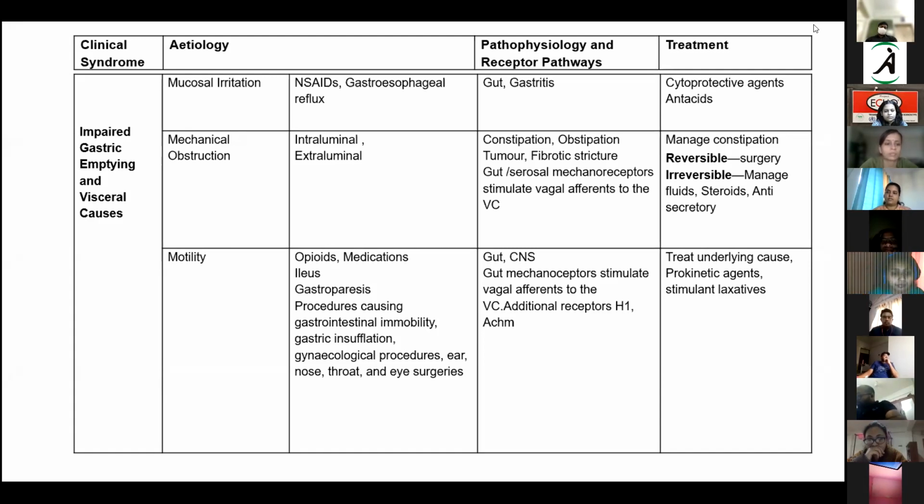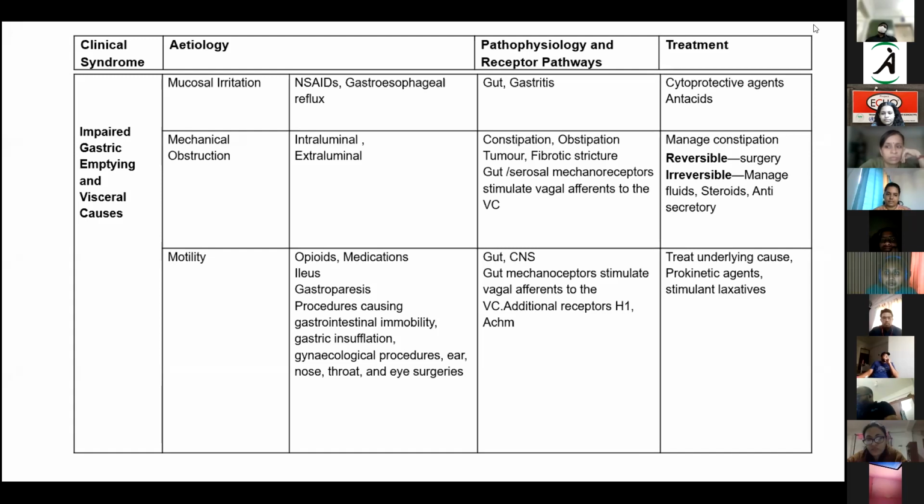Steroids are used to reduce the gut wall edema. Antisecretory agents are used so that you reduce the gut output, the volume of water output that would be there, and bring that down. The antisecretory agent we use is octreotide, which can also help in reducing bowel spasms and thereby reducing the symptom of nausea and vomiting.